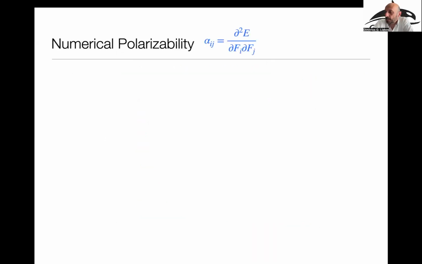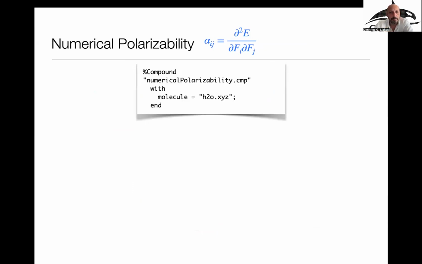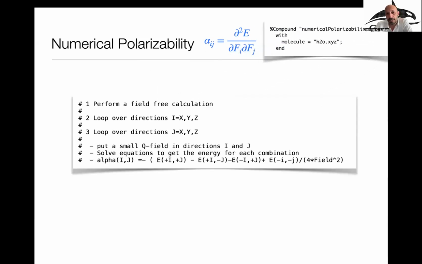Let's switch gears, go back to polarizability, and do something a little bit different. So we will now try to calculate the polarizability numerically. This is a little bit tricky, but again, the script is there, and I will try to analyze it a little bit because I want to point to some interesting features of compound. So as before, we choose the script and we choose the geometry. Then the idea behind the script